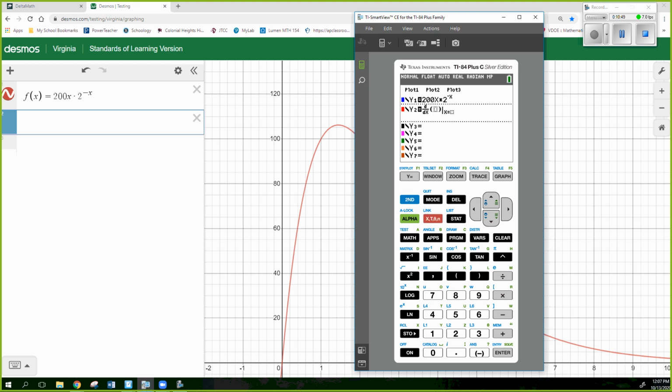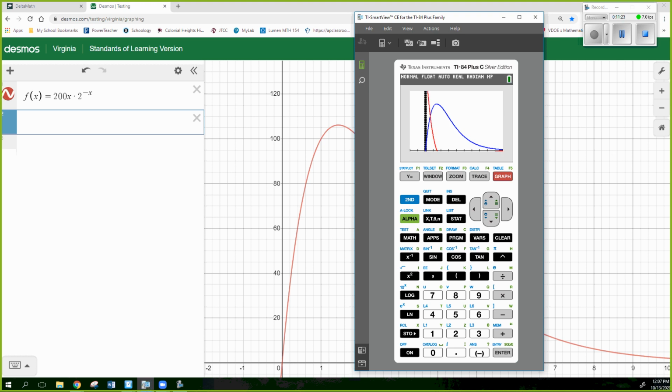X. What do you think is going to go in parentheses? Y1. Alpha, trace, enter. Now I want the calculator to really take the derivative at every point and graph it. So all I'm going to put here is another x. This is the only thing the calculator can do in terms of derivative of the whole thing, is to graph it. Now if I hit graph,